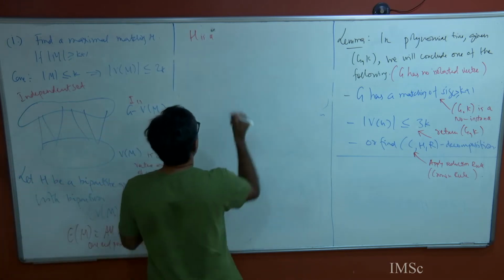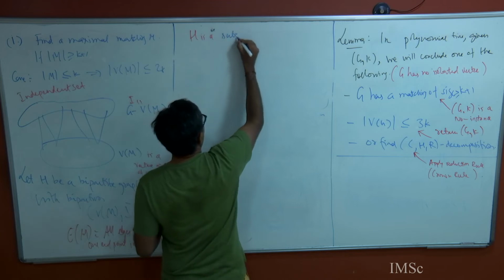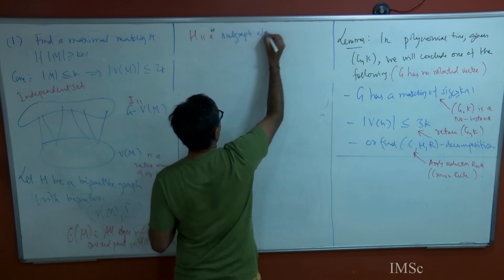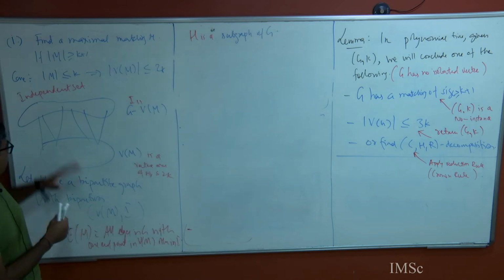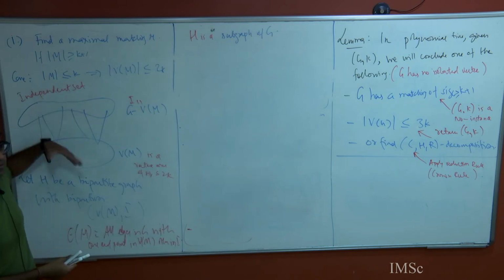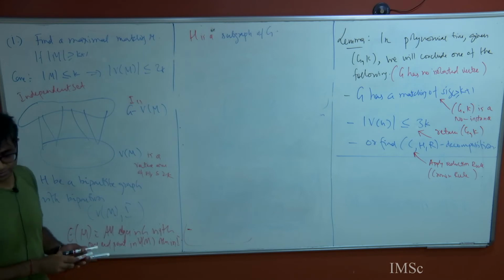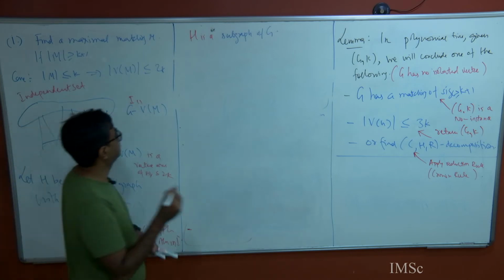H is a subgraph of G. Right? This is true, right? Because I took the same vertex set and I only kept some of the edges in my graph. So, this is just okay. Now, what I want to say,